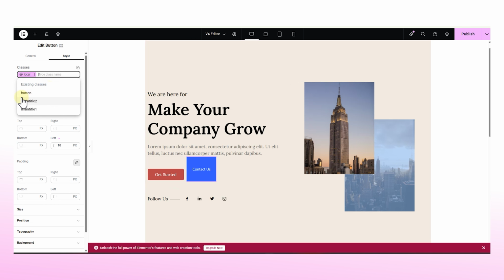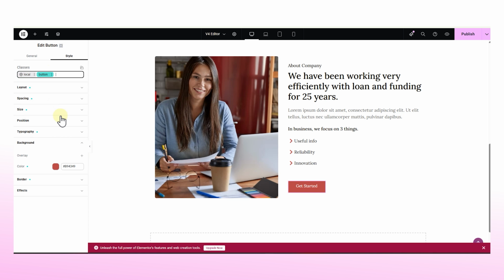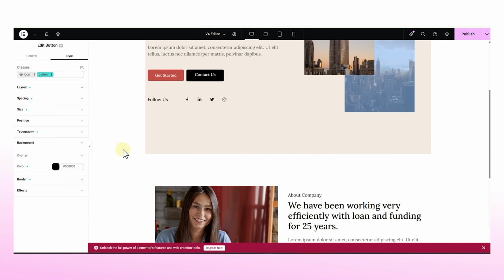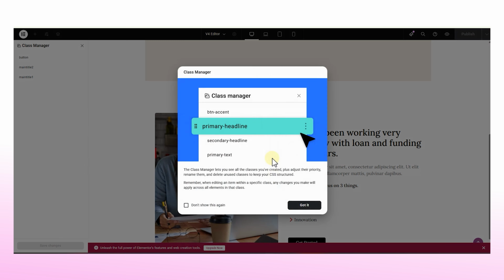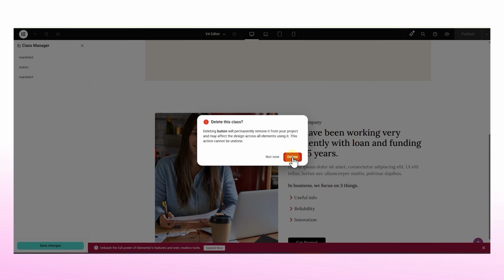Create a class like button, style it once, then apply it to any widget with one click. If you edit the class later, every element using it updates instantly. Plus, v4 gives you a class manager where you can see all the classes applied to a widget, reorder them if styles clash, and edit or remove them. No CSS needed.